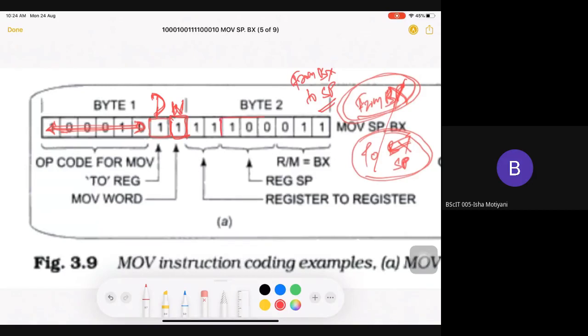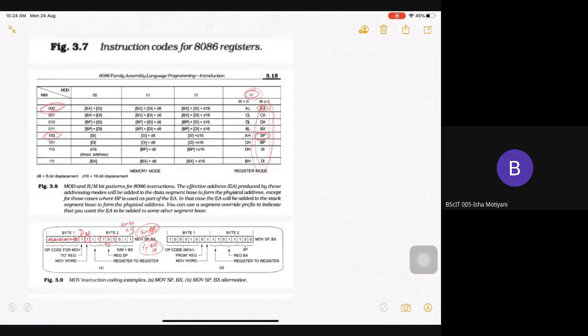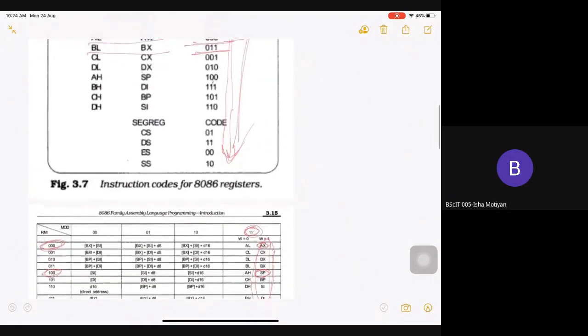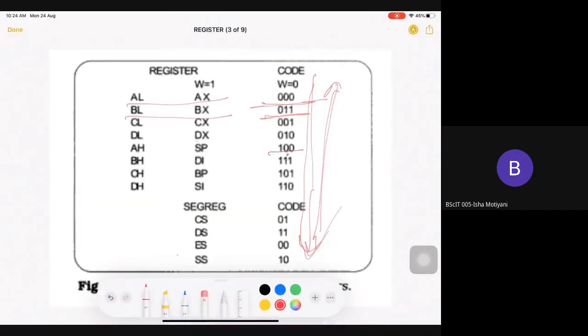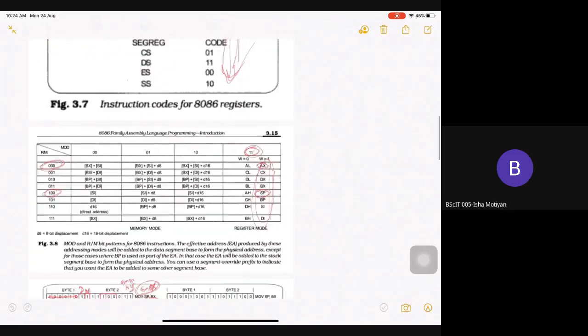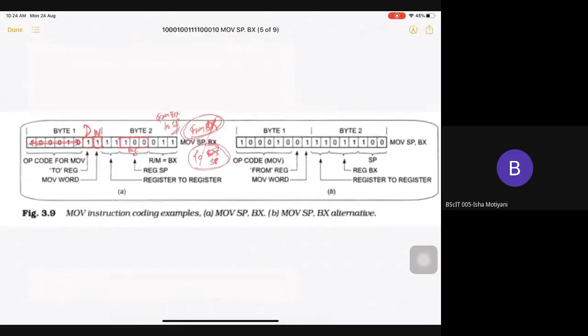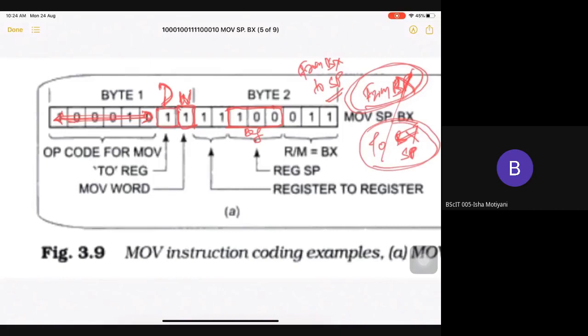I will take these 3 bits. If you remember, these 3 are the REG bits, right? So here I will write down the code of REG. What is the code of SP? 100. So here I have written the code 100, right?